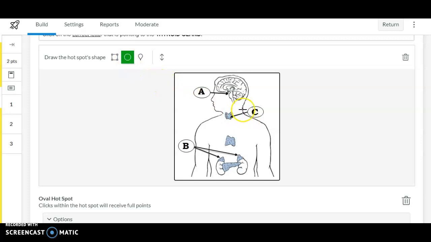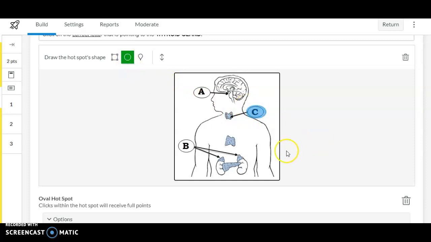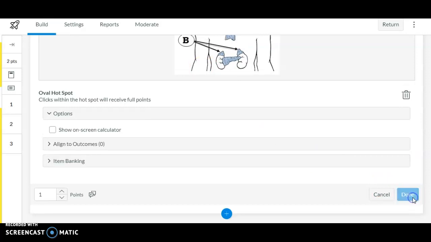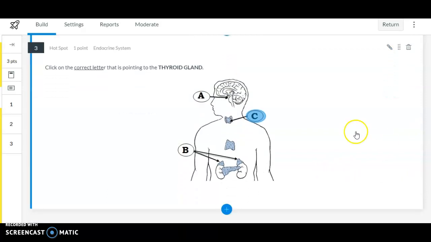I'm just going to do that again. There we go. All right, and again, I can bank that question, but I'm going to hit done on that. So what's going to happen is, and we'll see this again in the student view, if the